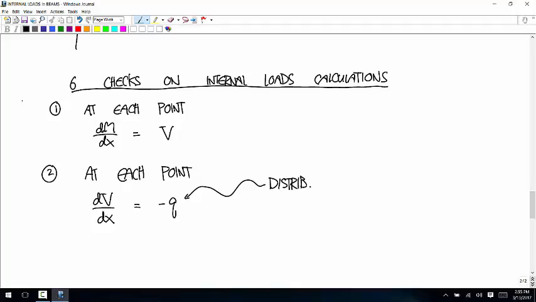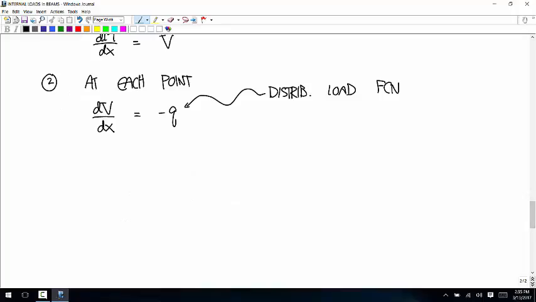And I think what I'm going to do, I'll write out these six, and then we'll go back to the example and I'll show you how to do all of these. This is the distributed load function. And then the remaining four all have to do with endpoints only. So first,